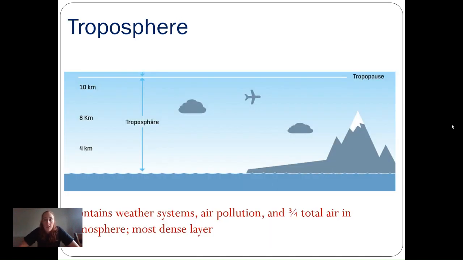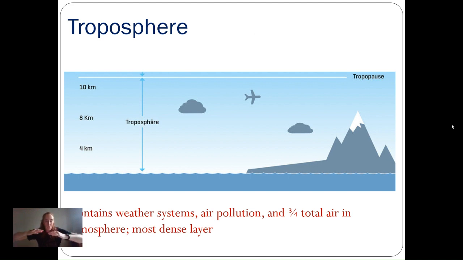We're going to start with the closest layer to Earth, and that's the troposphere. You are breathing in and out air in the troposphere right now. This is what we interact with on a daily basis. Most planes are going to fly either right at the top of the troposphere or slightly up into what we call the stratosphere or the stratopause. But all of our weather systems are contained in the troposphere, all of the clouds, all the air pollution,